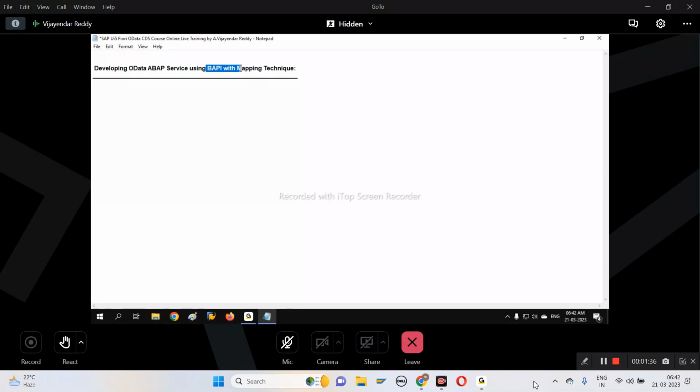So this BAPI with mapping technique, you can use it if you have a database functionality directly already available in the BAPI itself. So let me write a note. This is just one of the approaches to develop an ODATA web service. Developing an ODATA service by using BAPI with the mapping technique. It is just one of the approaches to develop an ODATA service. So use this technique